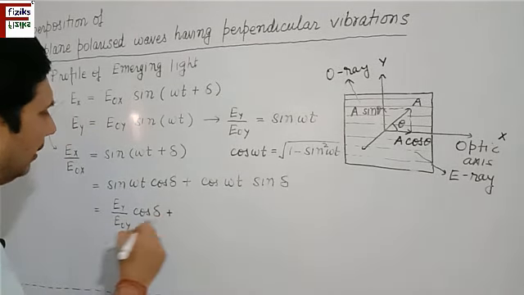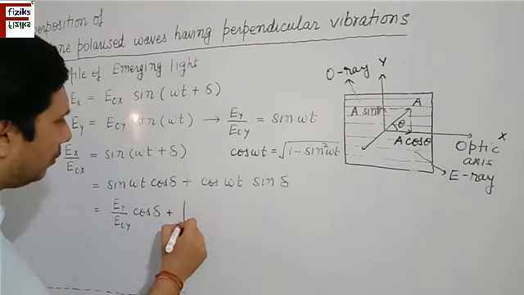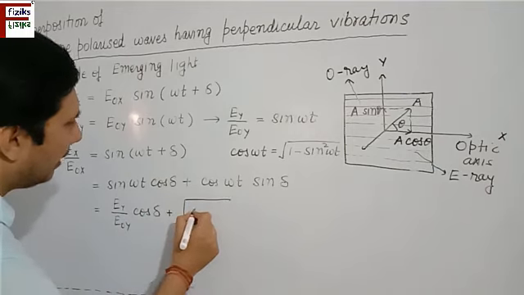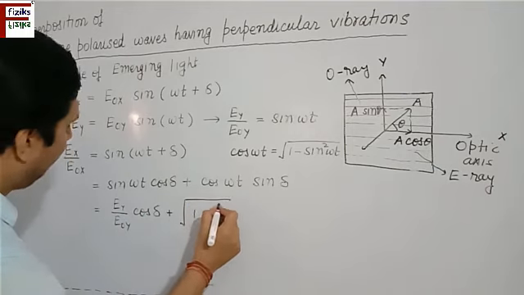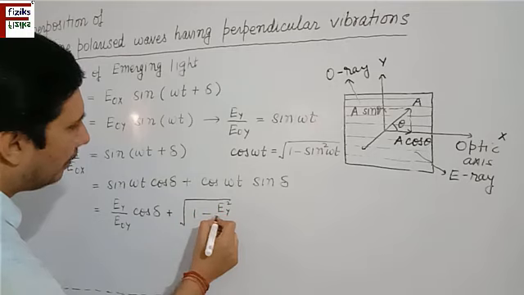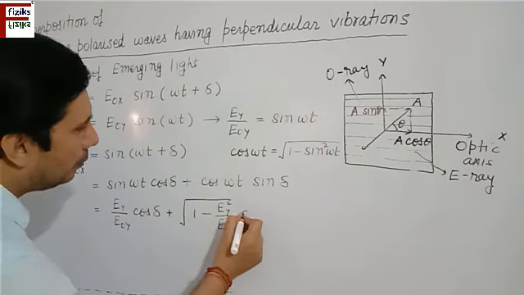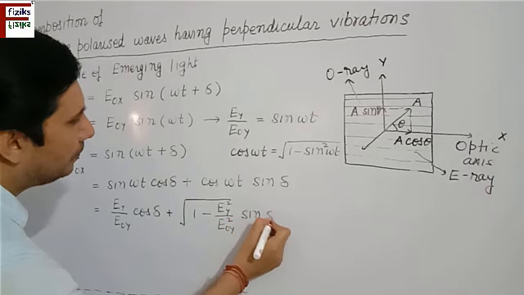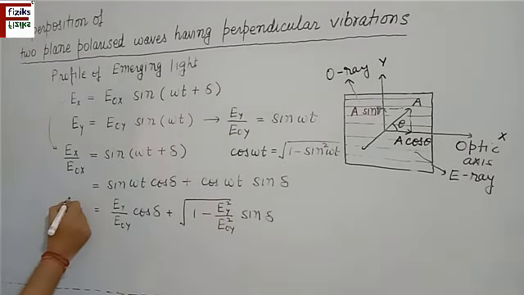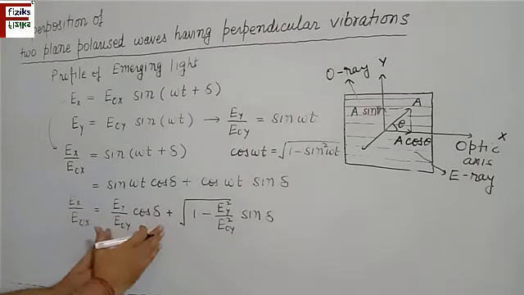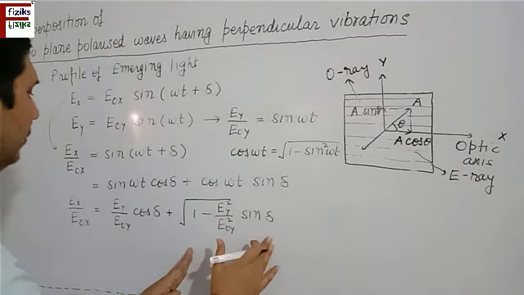This will be equal to the square root of 1 minus Ey square upon E naught y square, into sine delta. So I have Ex upon E naught x equal to this. This is the first term on the right hand side, this is the second term on the right hand side,